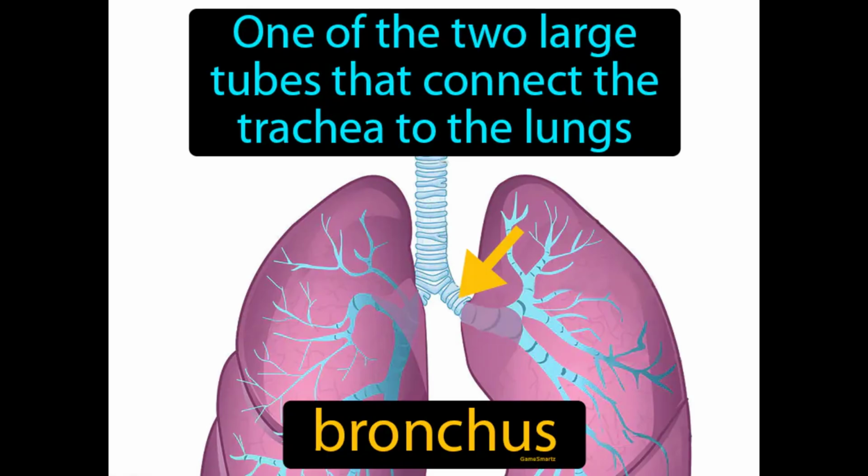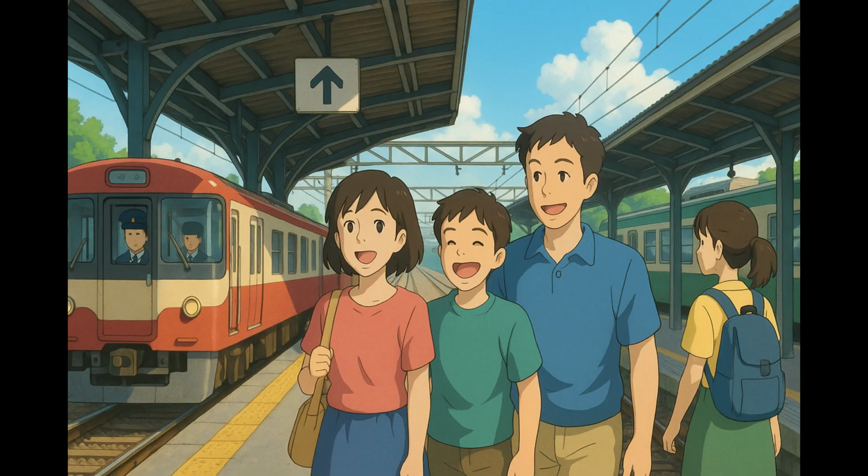One of the two large tubes that connect the trachea to the lungs: bronchus. The bronchus is a passage that carries air from the windpipe into the lungs. Imagine you're at a busy train station where two main tracks lead passengers from the central hub to different parts